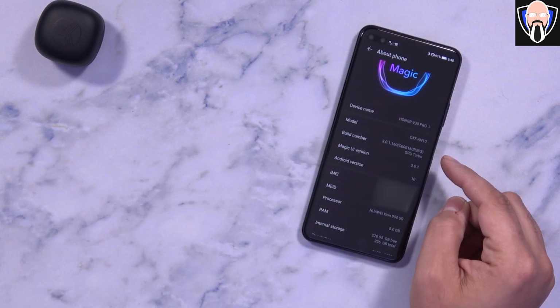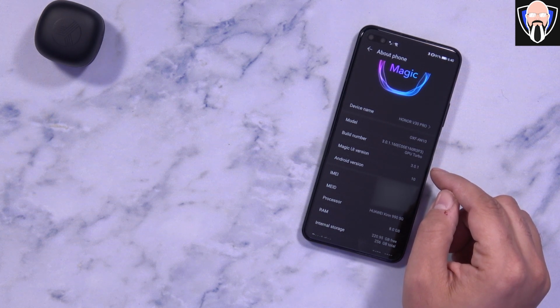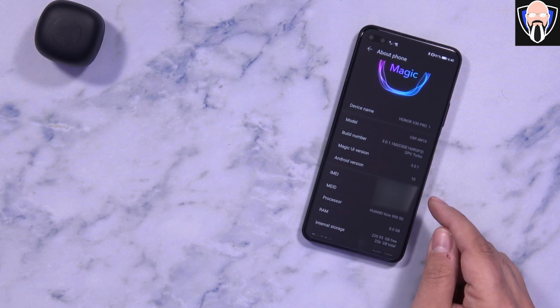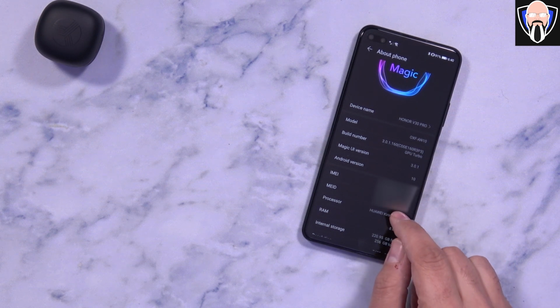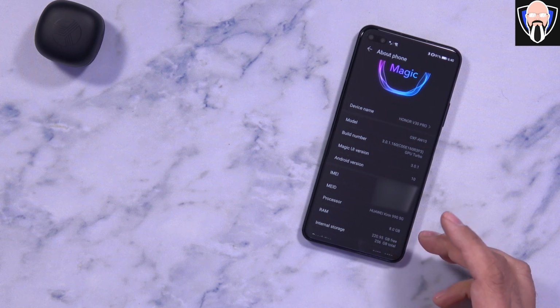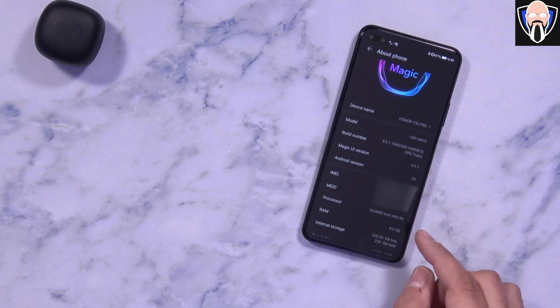So the model number that we have here is the OXF-AN10. It is running Android 10.0 with Magic UI 3.0.1. This is a dual SIM device, as well as the fact that we have the Kirin 990 5G. Now, this is going to be basically the 5G variant of the 990. It's a 7nm chipset from Huawei, and it's actually very powerful as well as very power efficient, and now includes